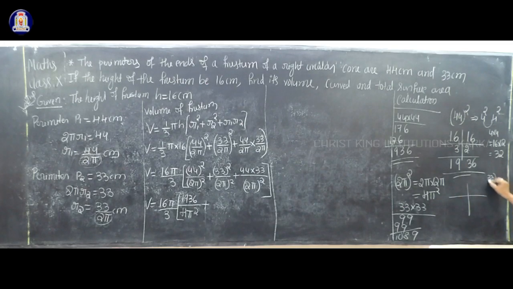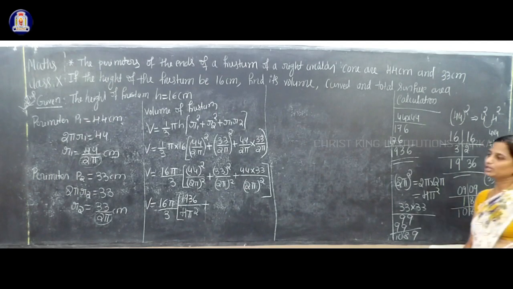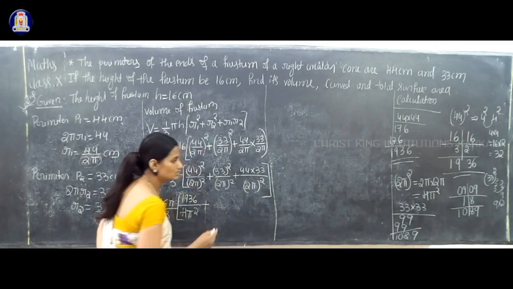33 square means how to write? 3 square and 3 square. 3 square is what? 9. Don't write single digit. Write it as full digit, that is 0, 9. Again 3 square is 9. Write it as 0, 9. Next multiply these two, 3 into 3 is 9. 9 into 2. For this always multiply by 2. 9 into 2 is what? 18. How to write 18 here? So it is how much here? 9, 8, 9 plus 1, 10. So 1089. Same. So 33 square is 1089.